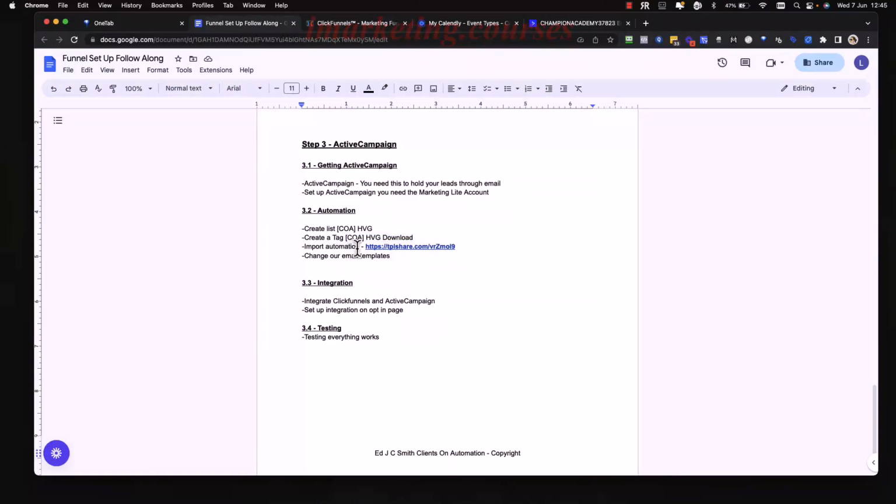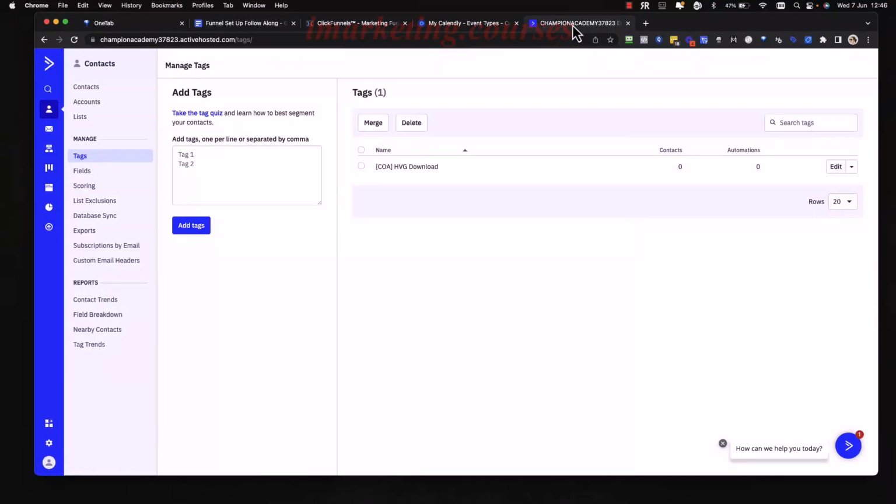So now what we need to do is import the automation. Okay, so this link, what I'm going to do is actually remove it from this document and put it below the video, because sometimes this changes when we make minor tweaks or improvements. So basically don't worry if your link looks slightly different to this, it's not a problem. So I'm going to copy that link, head back over to Active Campaign,